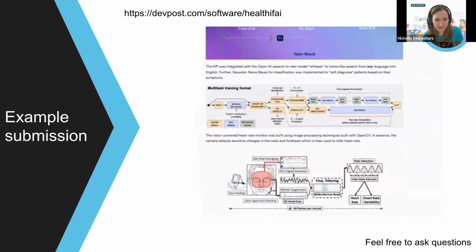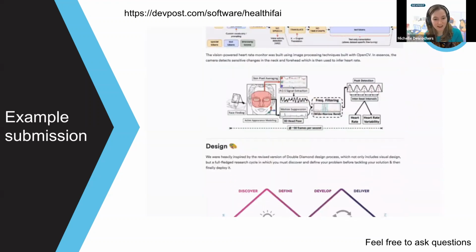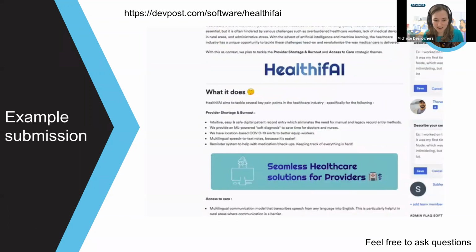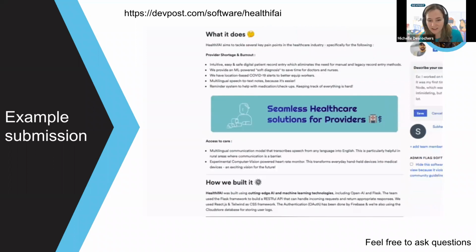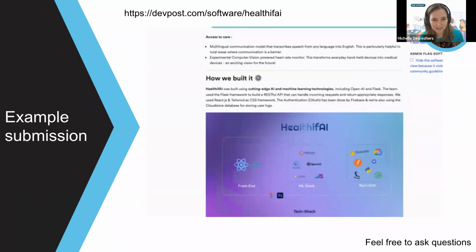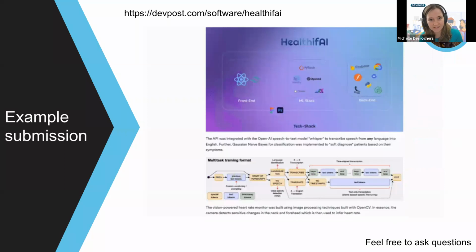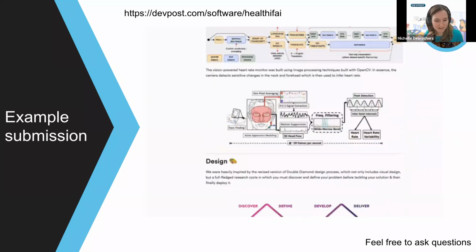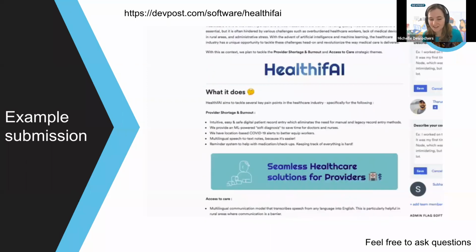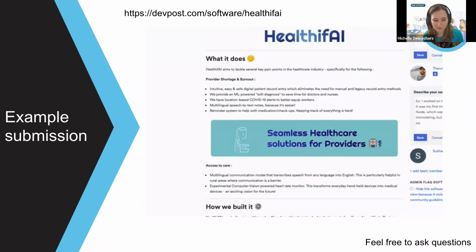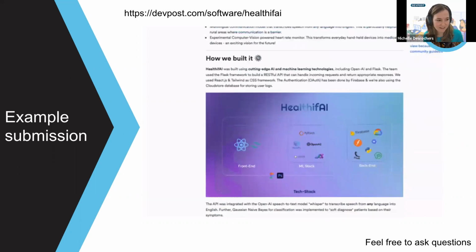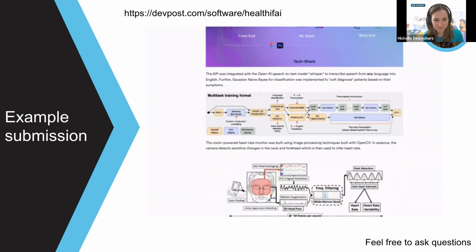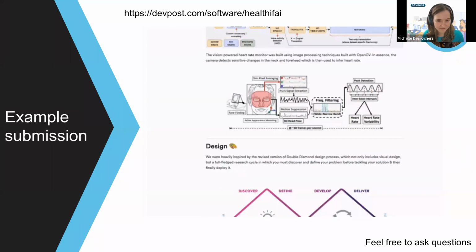And here's an example of a submission that added all these things. They actually added a GIF to the top here, and added emojis and images. I have a link. It's Health If AI. That's a project that I was able to find using the project filters. And it's just really cool, kind of above and beyond, but whatever you can do to help make your submission stand out for judges. I just thought this was pretty cool. It's a good one.